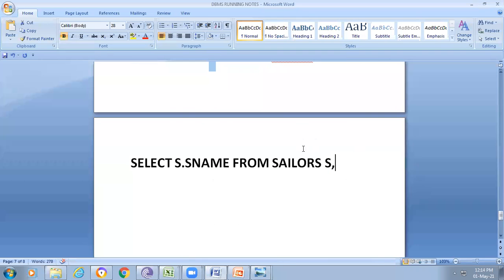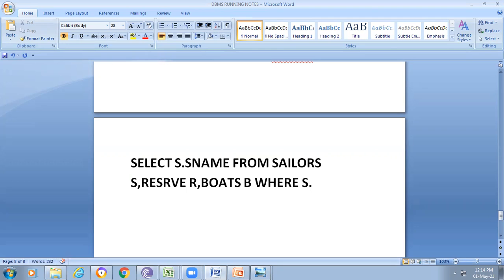So we can write the same type of query now. Select sid, sname from Sailors S, Reserves R and Boats B. First of all, I write all the tables, where. Here I need to combine the tables now. First of all, where s.sid equals r.sid.